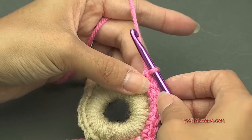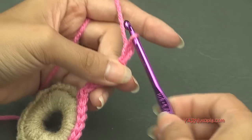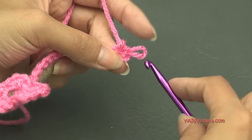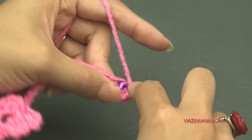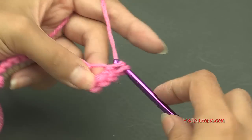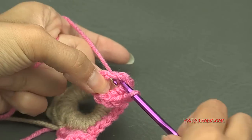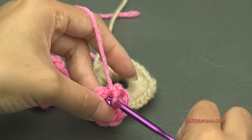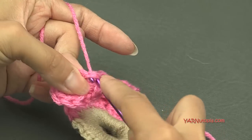So now we're going to repeat. So chain 5, 1, 2, 3, 4, 5. Put 10 single crochets in the second chain from the hook. So, whoops. 1, 2, 3, 4, 5, 6, 7, 8, 9, and 10, and then slip stitch to the first single crochet here, go in, yarn over, pull through and through,